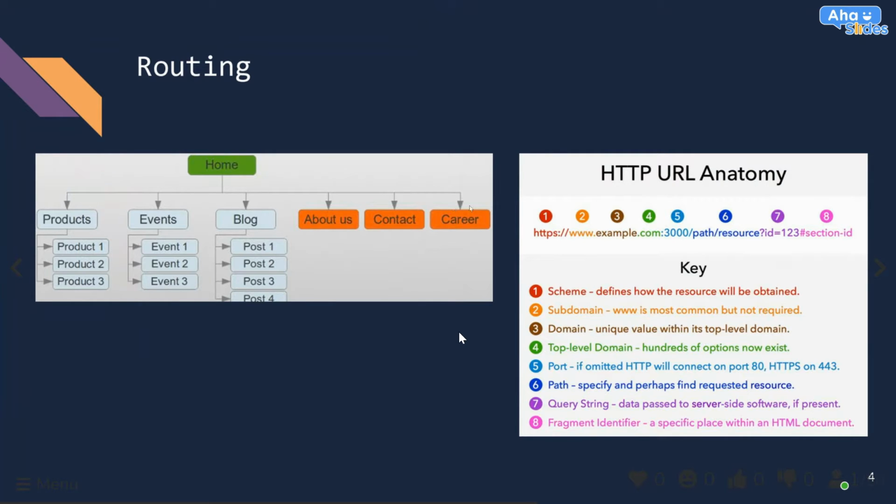So these are static. This is static routing, right? You pretty much say, okay, this is one page, and it will be shown wherever the user goes to this main URL. And if the user goes to /about, he'll be sent to this other web page. So the static ones are quite straightforward. You just say which route goes to which page.